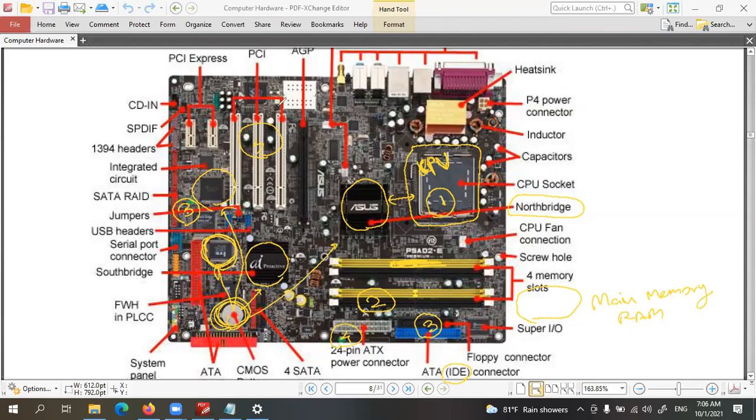Right. Okay. So those are the main important components of the motherboard. By just looking at the motherboard, you must be able to identify the CPU slot, RAM slot, SATA connectors, IDE connectors, power supply, then PCI slots, north bridge, south bridge, those things, and the CMOS battery. Right. So all these important components and slots, you must be able to identify at a glance, right?